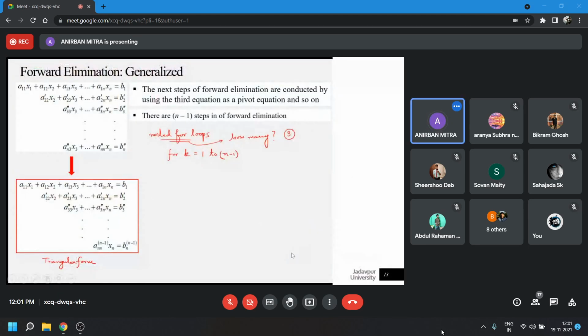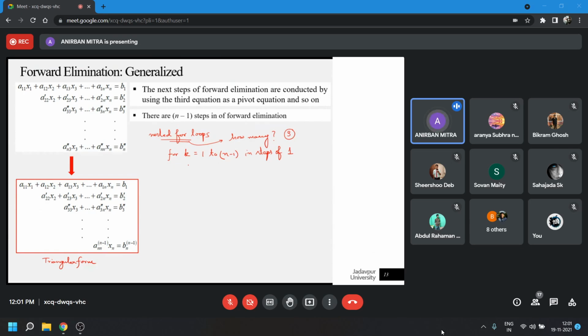Okay, let us continue. So there are n minus 1 number of steps in forward elimination. So that needs to be taken care of. So first of all, we'll take care of that. We'll write a for loop to vary from 1 to n minus 1. So this will control the steps of the forward elimination. So first forward elimination step, then second one, then third one, like that it will continue. So you will need to also write in steps of 1.